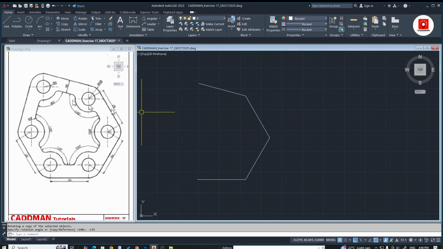So now try to make this profile and join this, because there is no distance given here. From here to here, here to here, here to here, the distance is given as 29, but from here to here there is no distance. So in order to